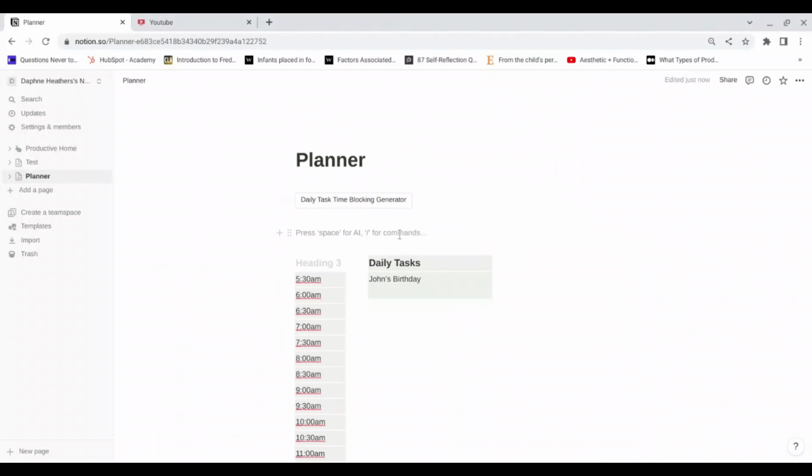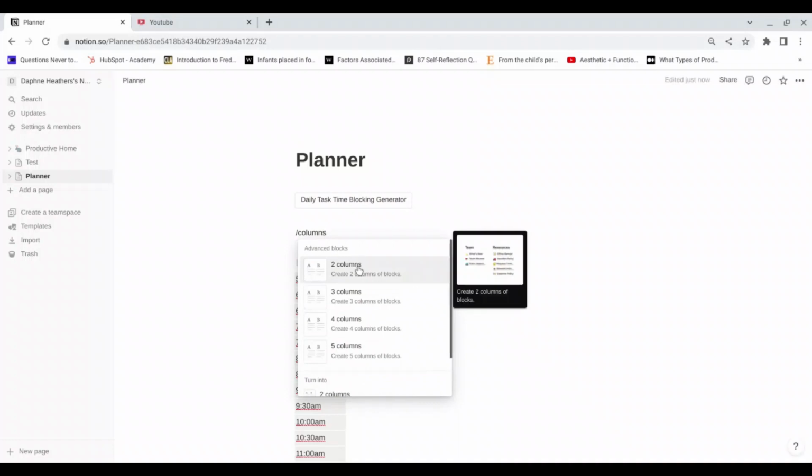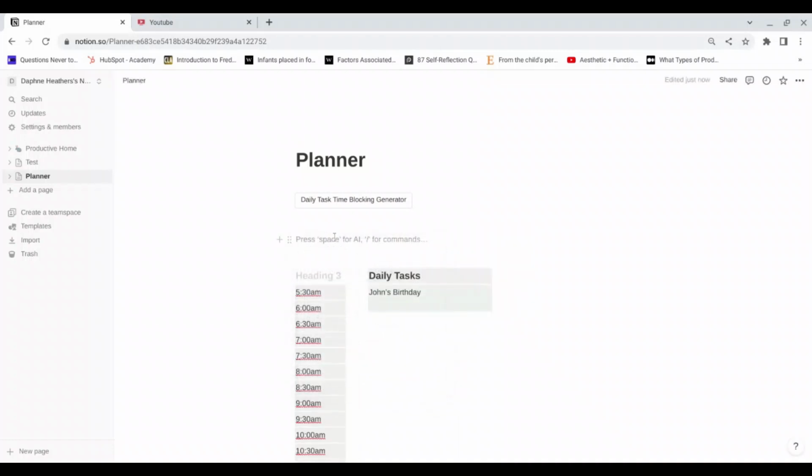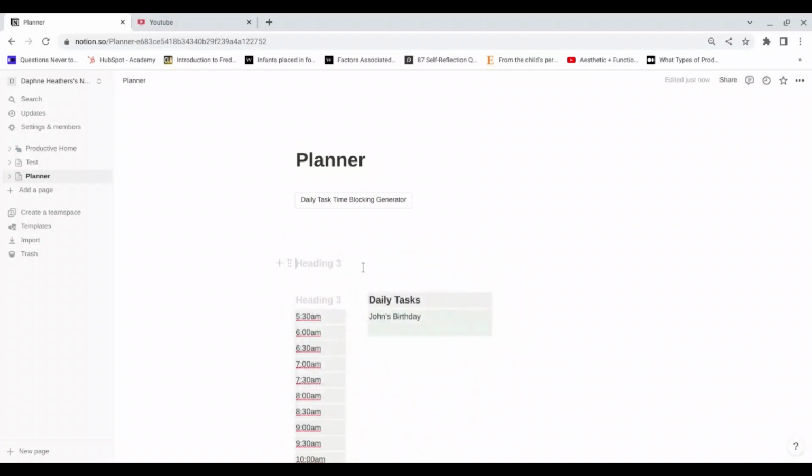Okay, so come up to the top, make sure you have a paragraph box, click slash again, and then type in columns and then click 2 columns, and then click enter, slash again, type in heading 3, and that way you get this heading, and then highlight all of the times like so all the way down,